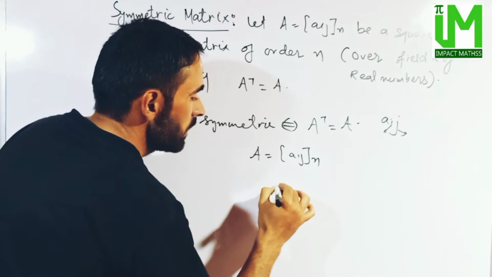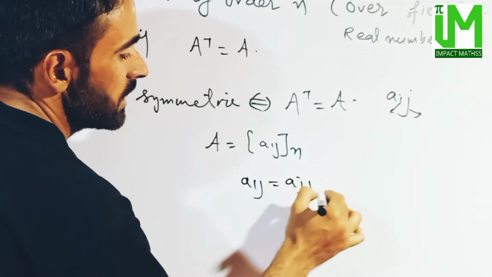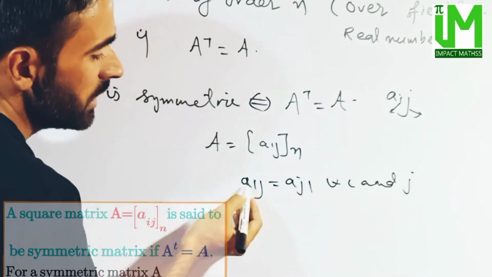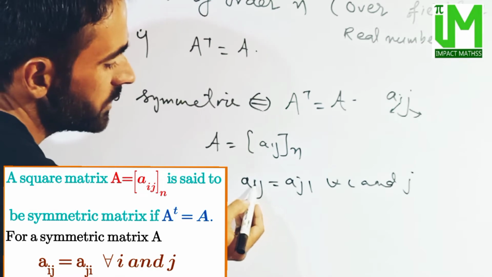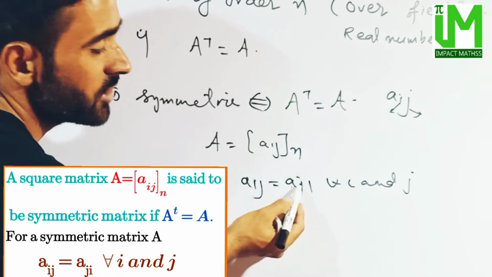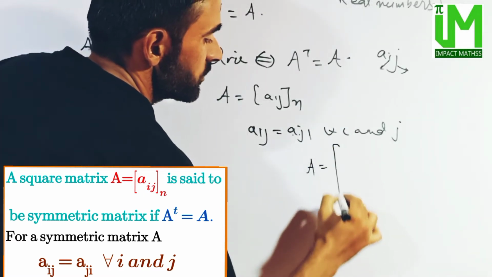So we have Aij is equal to Aji for all i and j. So Aij means the element at ith row and jth column is equal to the element at jth row and ith column. So if we take a 3 cross 3 matrix, a square matrix of order 3 cross 3,